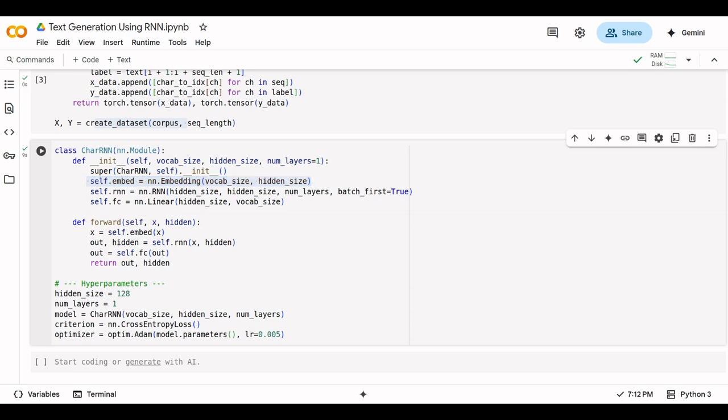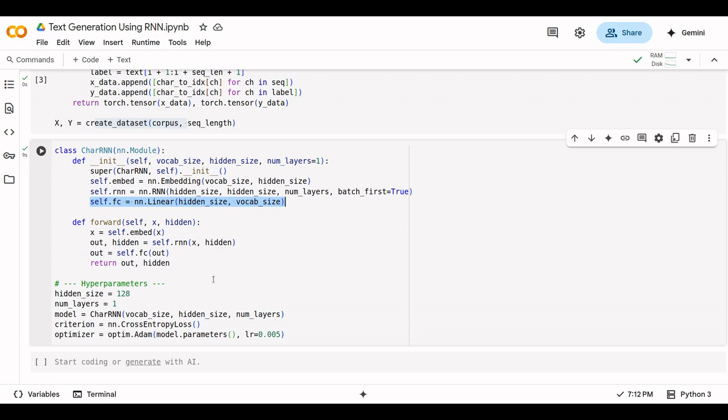This helps the model capture semantic relationships between characters more effectively than one-hot encoding. Next, we define a simple RNN layer that processes the embedded sequences. The RNN takes in the embedded inputs and returns the output sequences along with the updated hidden state. Then, a fully connected layer maps the RNN output to the size of the vocabulary, effectively predicting the next character